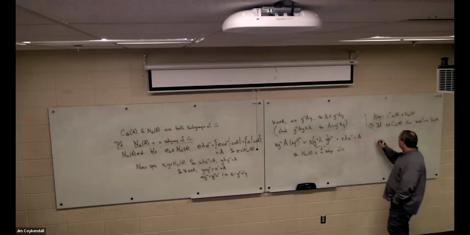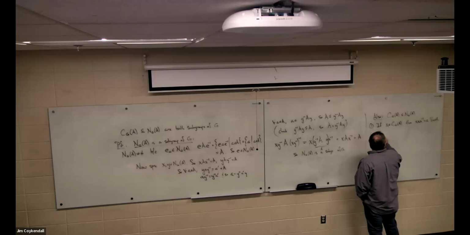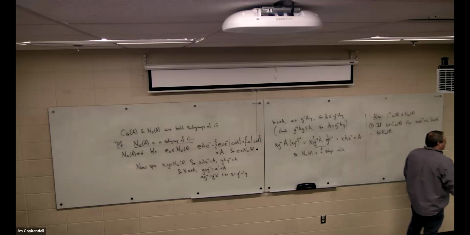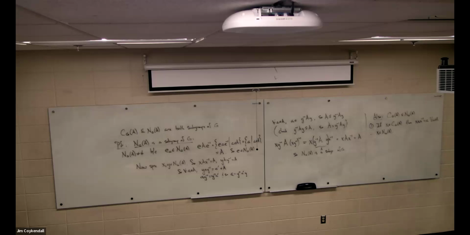Therefore, in other words, the centralizer in G is contained in the normalizer, right? Because every time you conjugate A, you get A back. So if you conjugate everything in A, you'll get A back. So it has to be in the normalizer. There's that. Two,